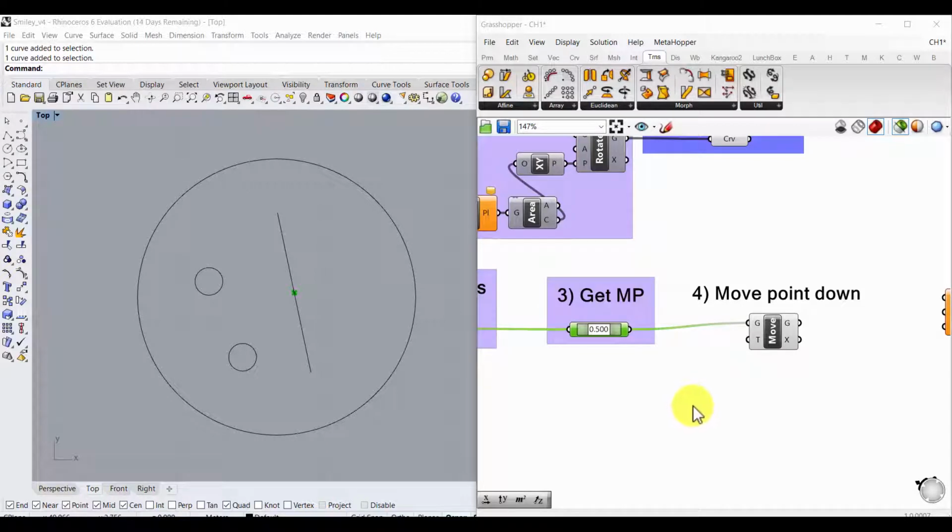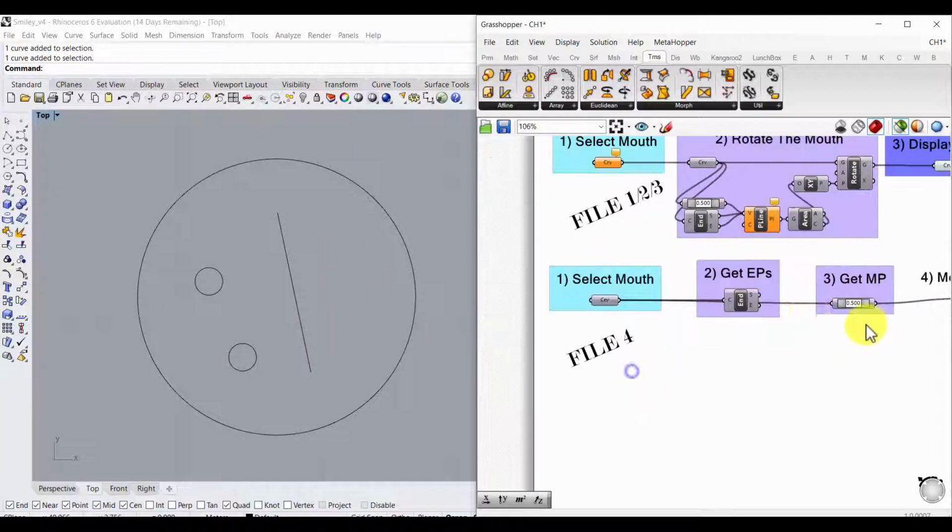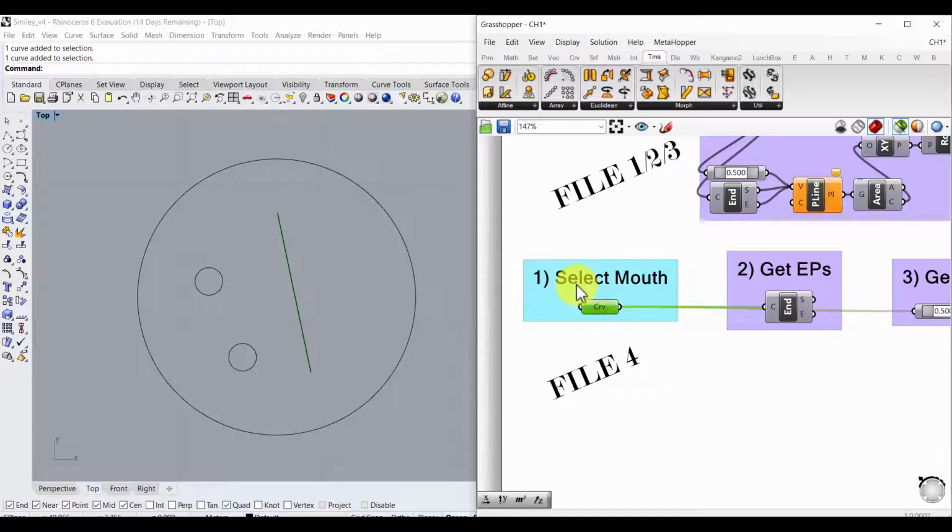So we had discussed on paper that our global strategy is going to be to get, first of all, these eyes involved. Those are going to be critical to providing the context for how we take this point from here down to here, right? So let's go ahead and reference in the eyes, yeah? So we know that step one is select mouth, but also